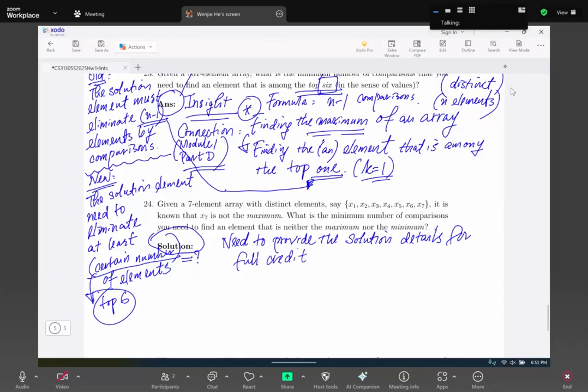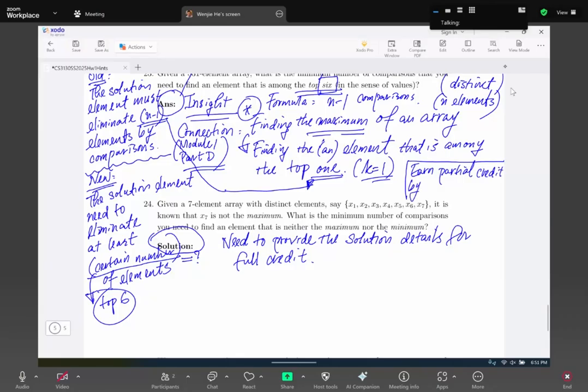Otherwise, you can only get partial credit. But another thing is, for the answer version, you can earn partial credit. So I give you a chance to earn partial credit